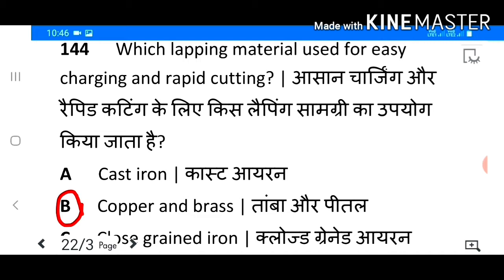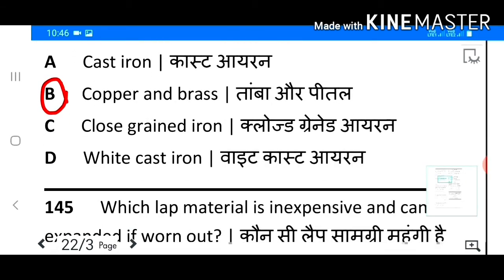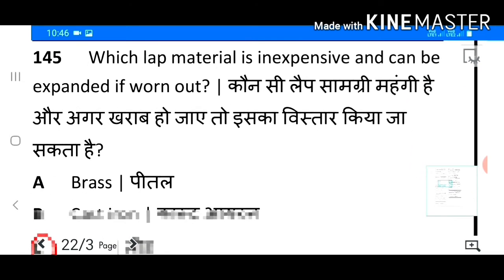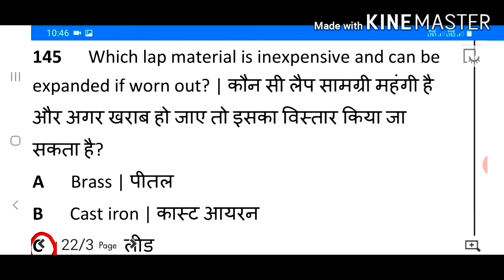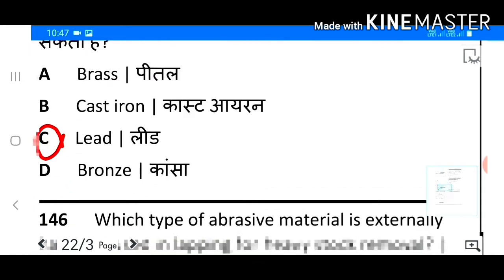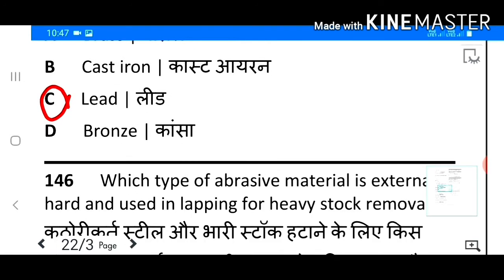Which lapping material used for easy charging and rapid cutting? Answer B. Copper and brass. 145. Which lap material is inexpensive and can be expanded if worn out? Answer C. Lead.